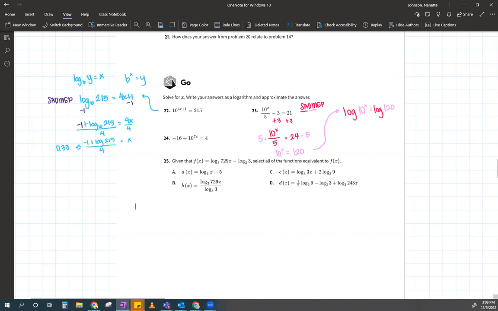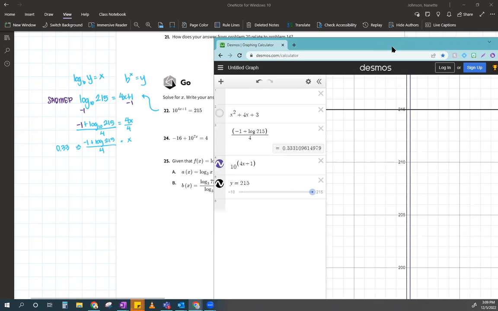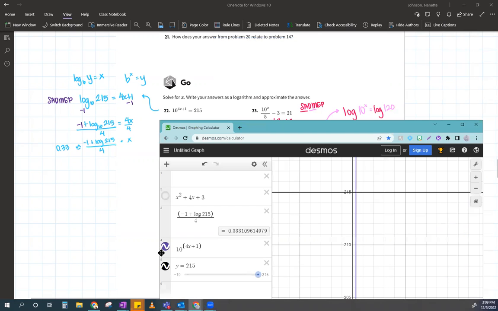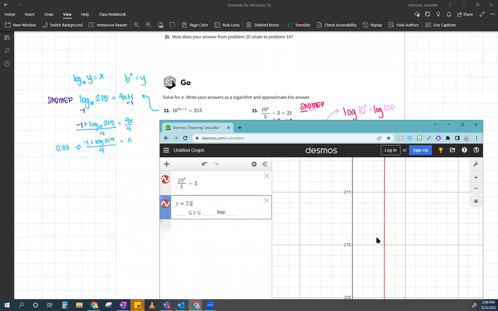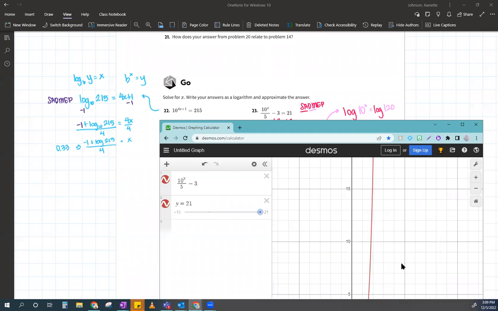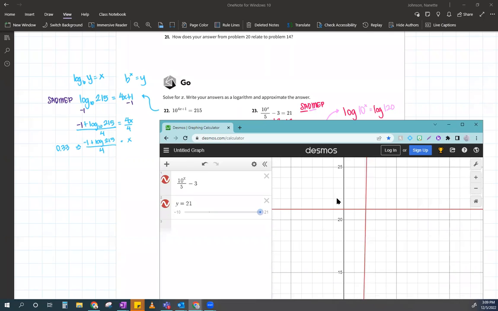So again, checking my answers, I would do the same exact thing. I would plug in the left side. So I'd go 10 to the x divided by 5 minus 3, and I have that thing. And then I also have y equals 21. Okay, and so I'm going to go back to my home screen. I'm going to look for 21. Oh, there it is. This is where these two intersect, and this is my answer,